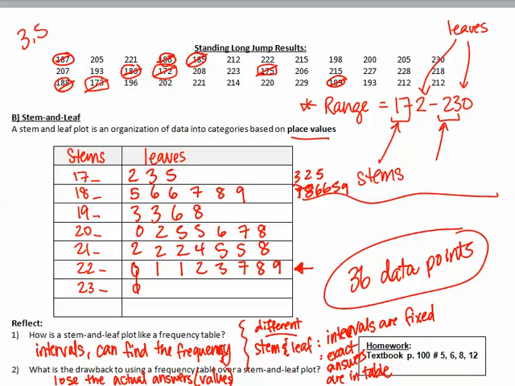However, the benefit of using a frequency table is that we're able to choose the intervals ourselves. We could have chosen a variety of intervals. I could have chosen that 170s and 80s combined in a frequency table. Or I could use smaller intervals as well and have my data spread out over different numbers of intervals. So when you're looking at the questions in the textbook, which we'll be working on in class, you can really determine what frequencies you want to choose for each of those, or the intervals you want to choose, and you'll choose whether or not you want to